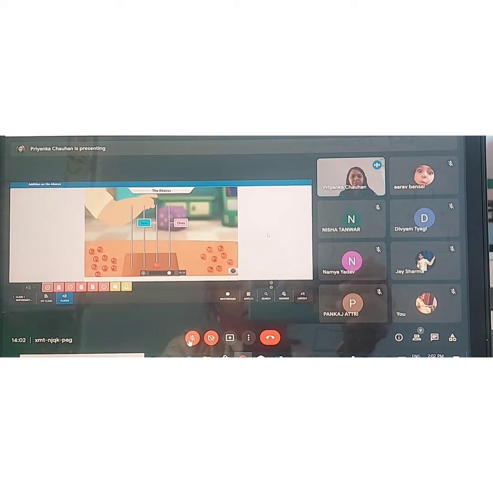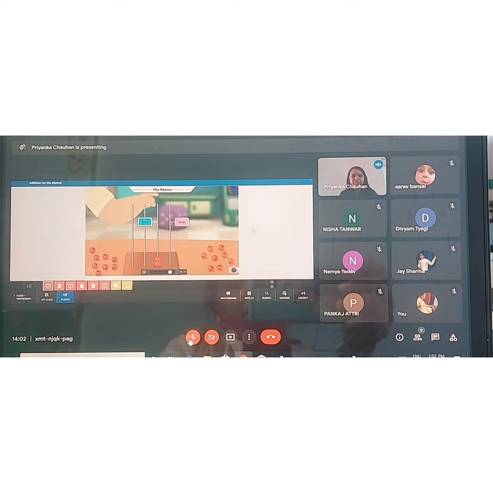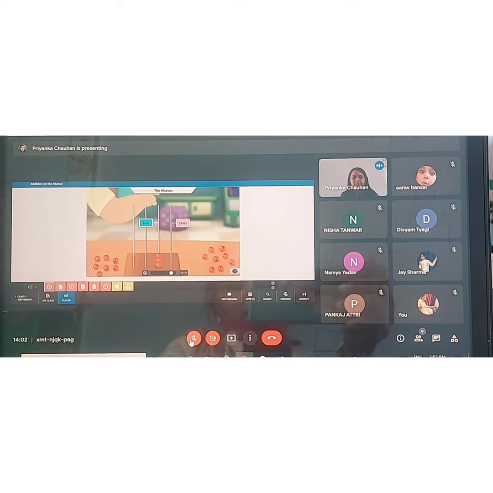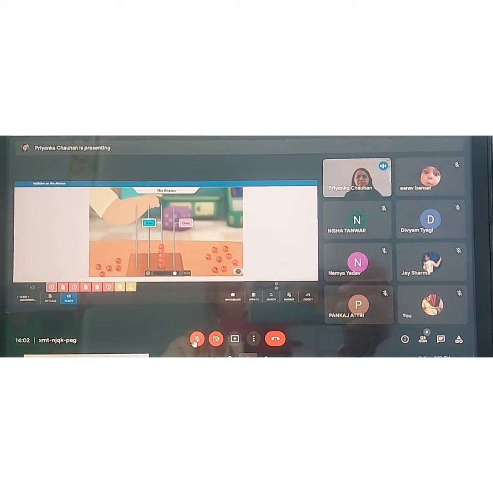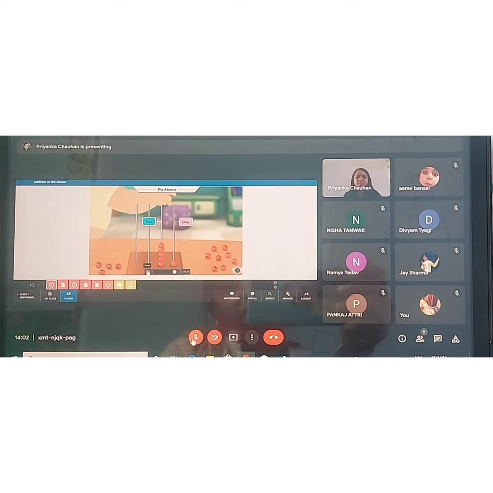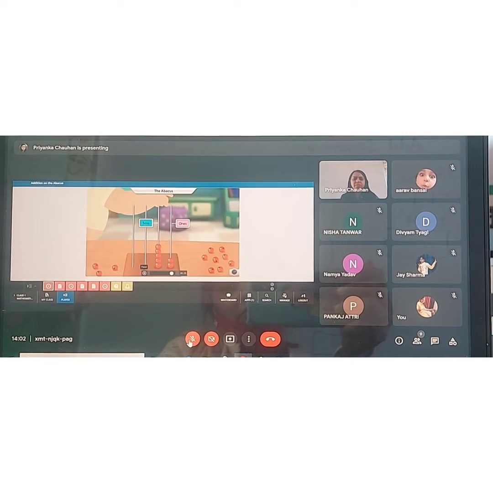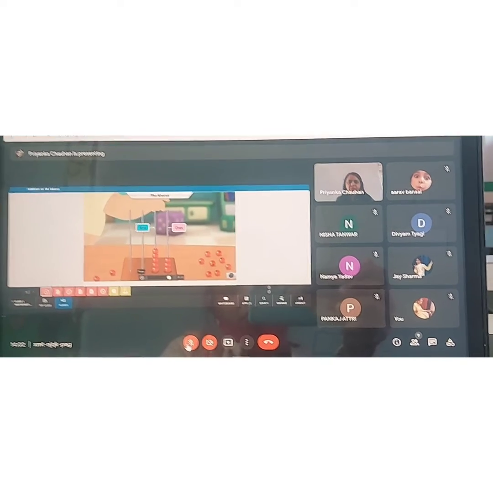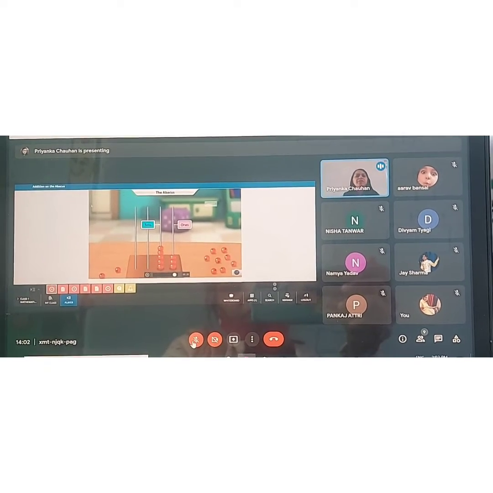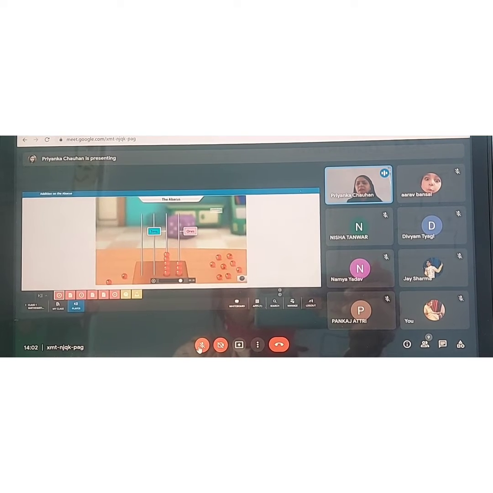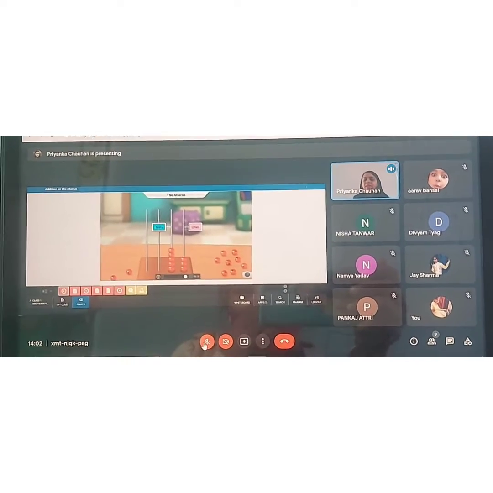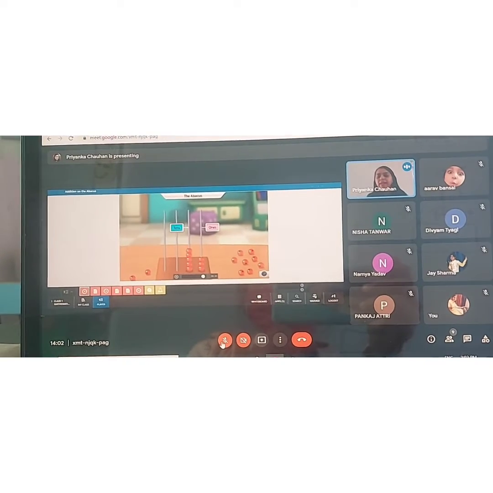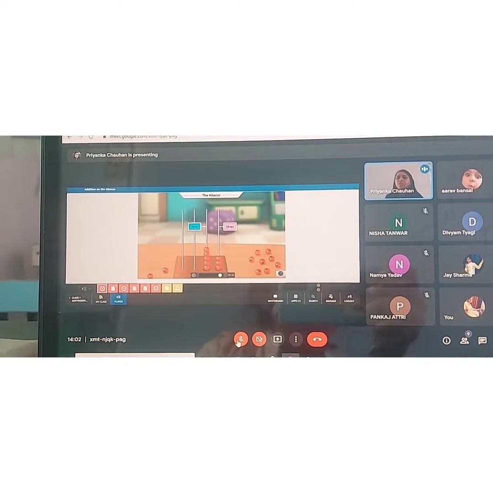Well, Pasha, now that you know how to use the abacus, can you count these beads and tell me which number is represented here? Okay, first you tell. Dear students, look at the abacus in the video and tell me which number this abacus is showing. Moksh, count the beads on ones place and then count the beads on tens place and then tell me which number this abacus is showing, beta.